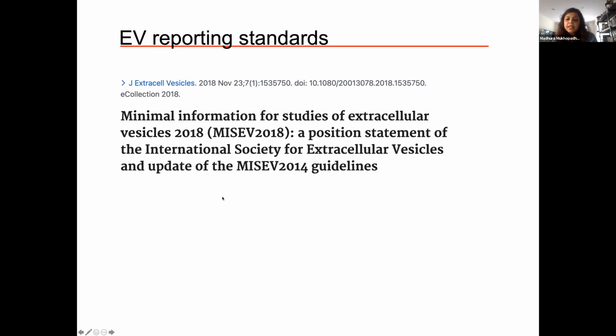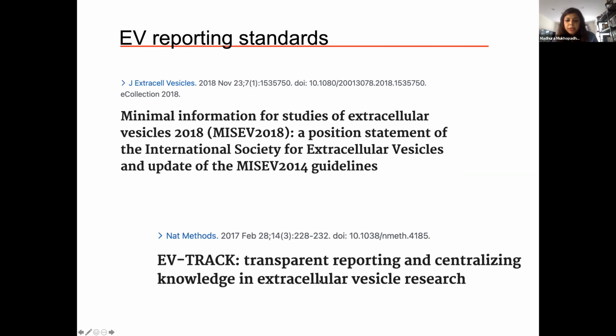These guidelines also support the EV-TRACK knowledge base, which was published in Nature Methods in 2017. On the EV-TRACK platform, you can submit your experimental design and get a score for the thoroughness of reporting. These are two great initiatives to facilitate standardization of EV research and improve reproducibility and interpretation through systematic reporting of